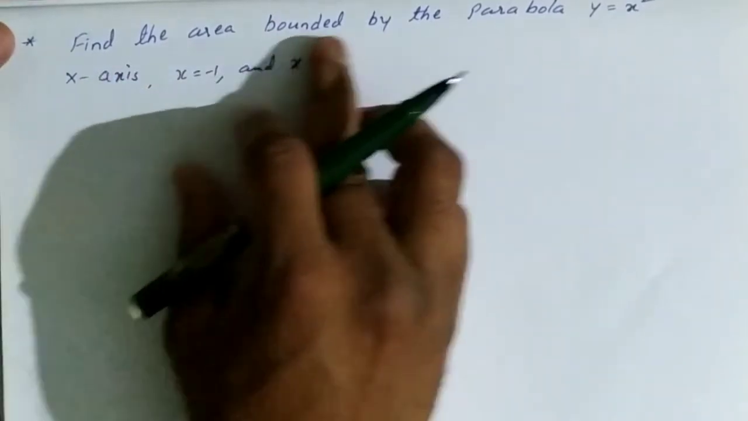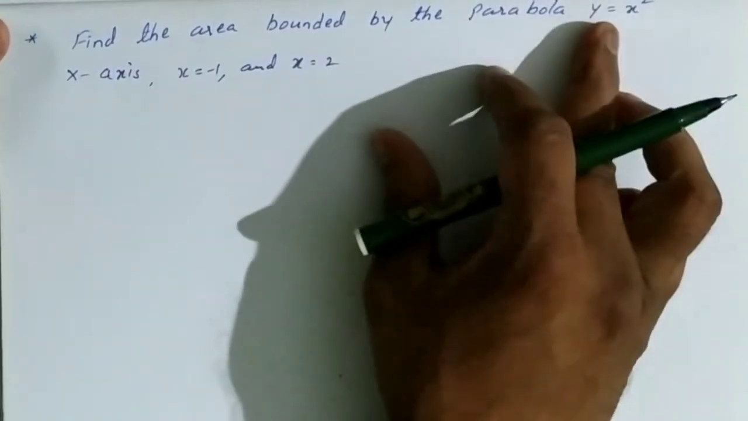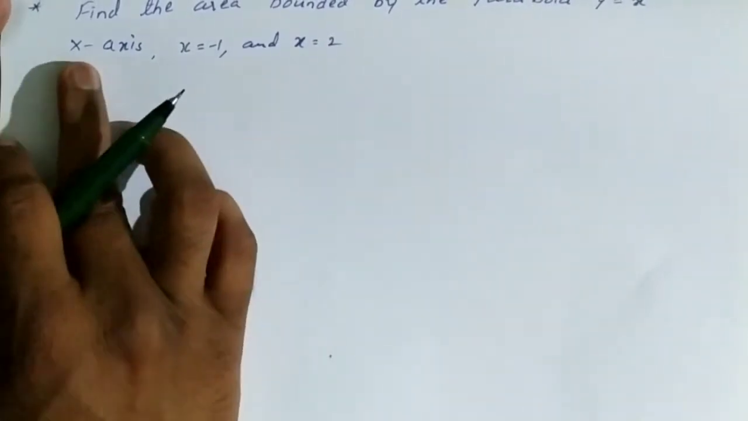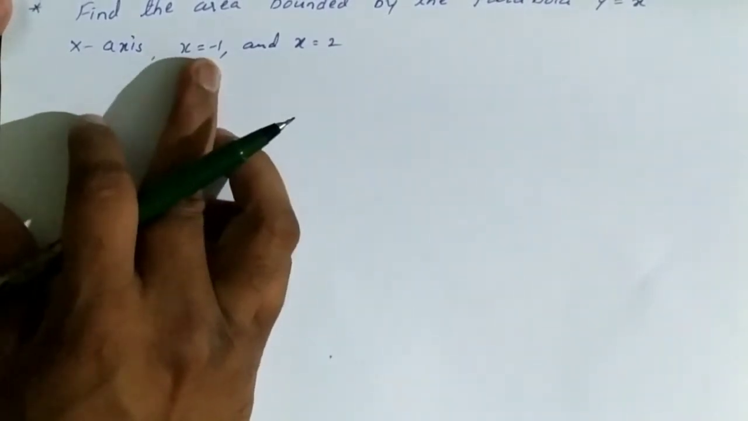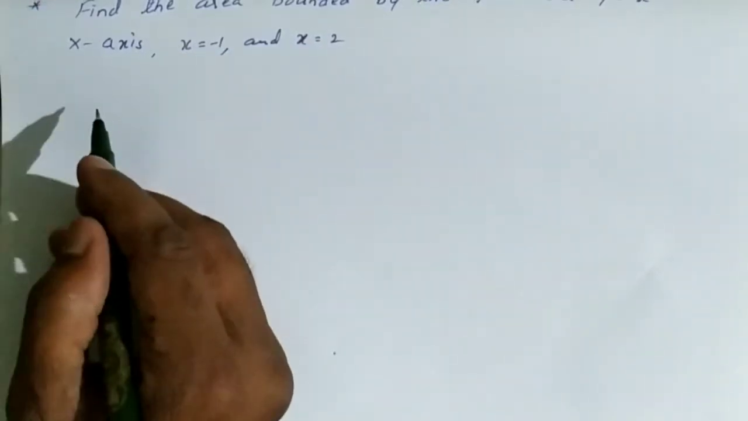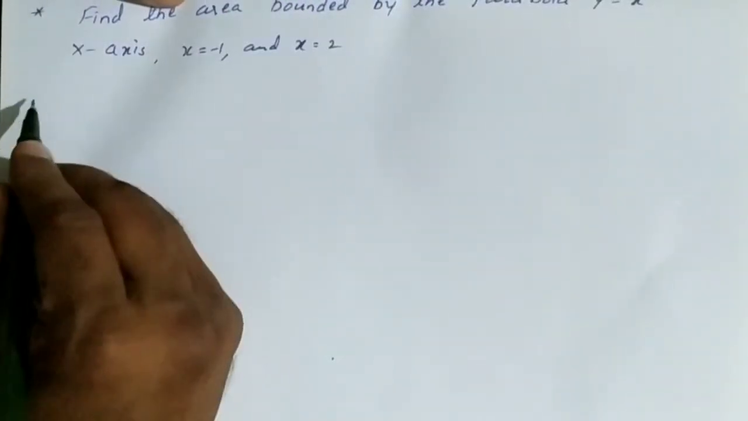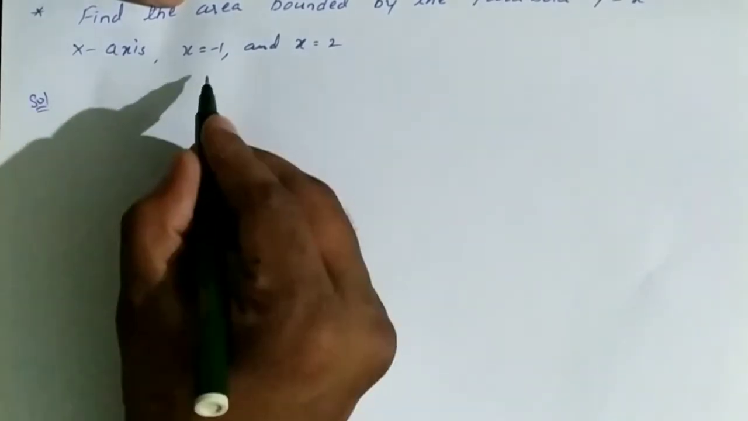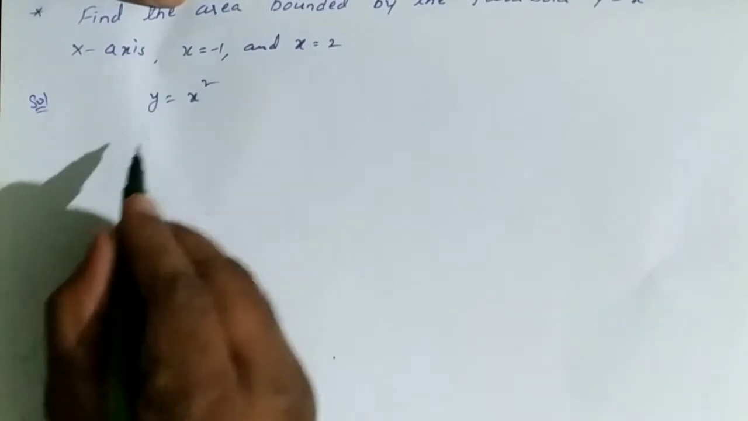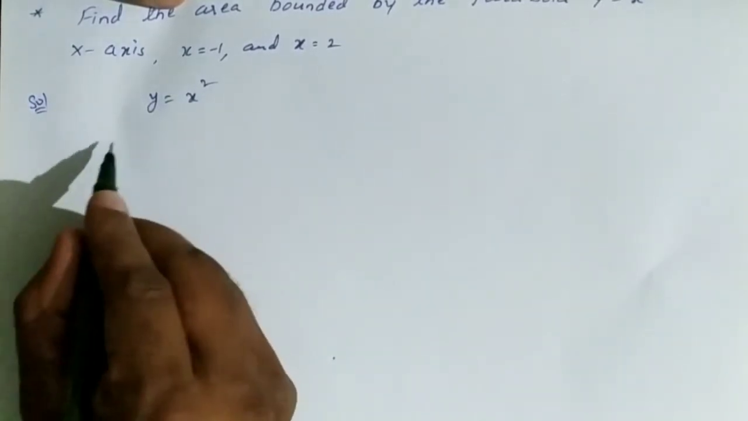Find the area bounded by the parabola y equals x square, the x axis, and x from minus 1 to 2. Now the given curve is y equals x square, then the required area is